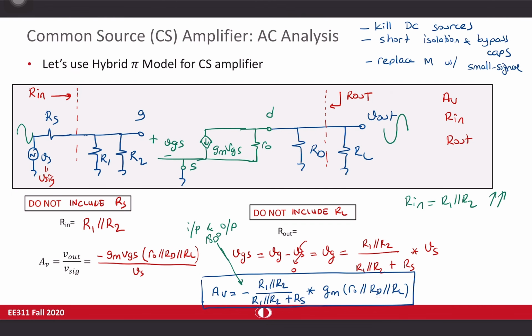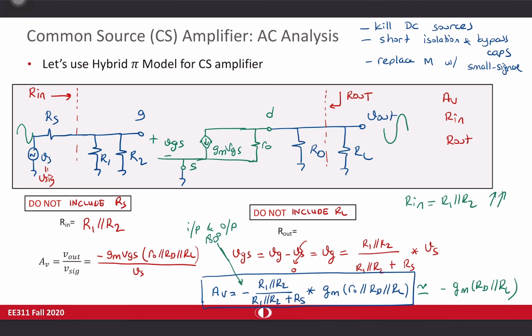Another thing in here, this R0 is the output resistance of the transistor. These two components are discrete components. You may not know it right now, but eventually you will learn it, and you can say it by intuition that discrete components have a resistance in the range of like 1 to, let's say, 10K. But output resistances are in the range of 100 or 200 kilo ohms. So they generally tend to be much larger than these discrete components. So this expression can be simplified as minus Gm RD in parallel with RL if you are a good designer,